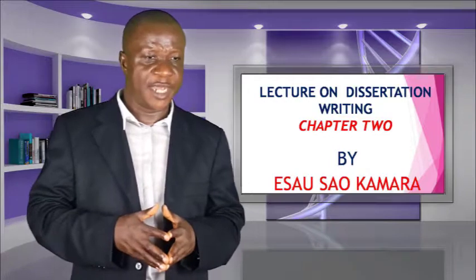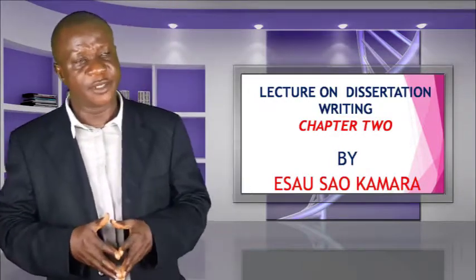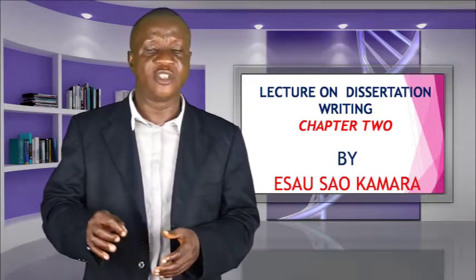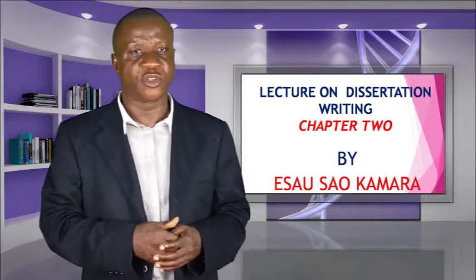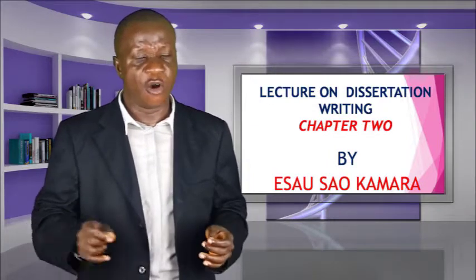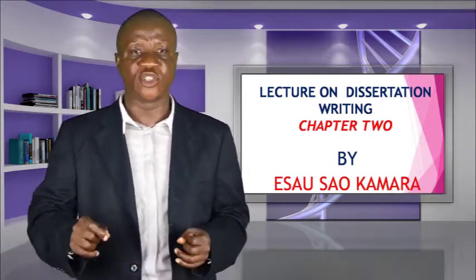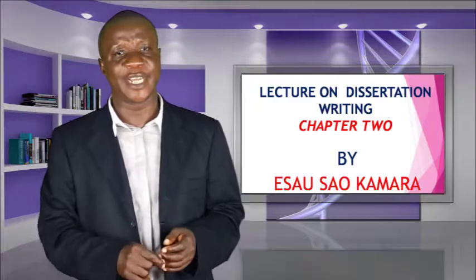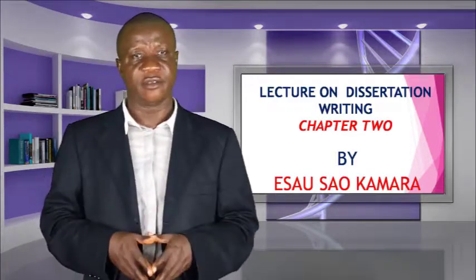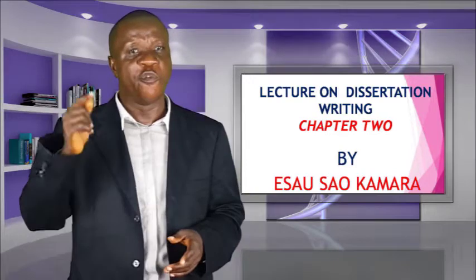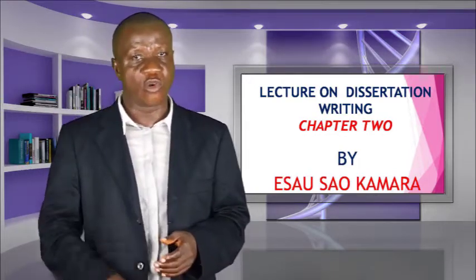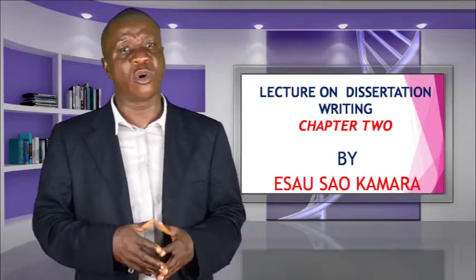Then some students might ask, sometimes, even after discussing, there is room there also, let's say 2.7, general discussion, or summary of chapter 2. Some of them write summary of chapter 2. You are not supposed to summarize chapter 2 again, because there is room provided in chapter 5, summary, conclusion and recommendation. You can bring that under